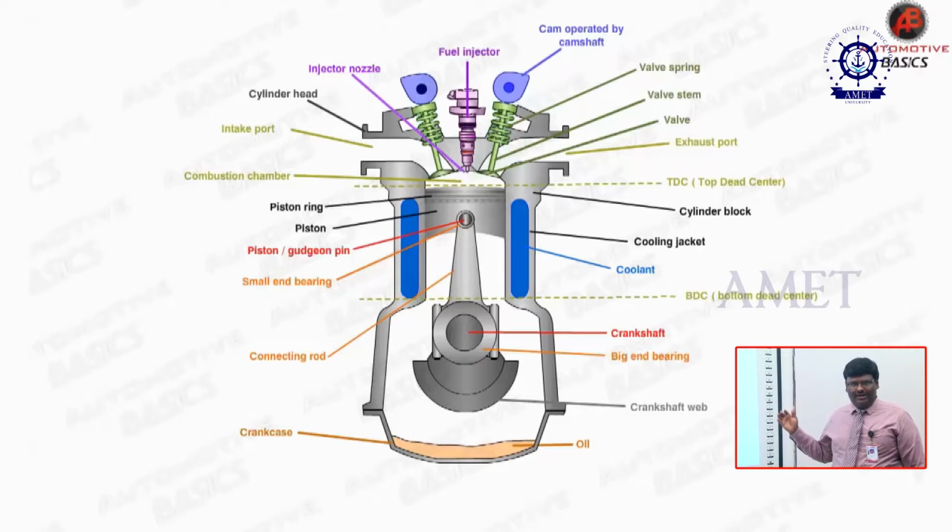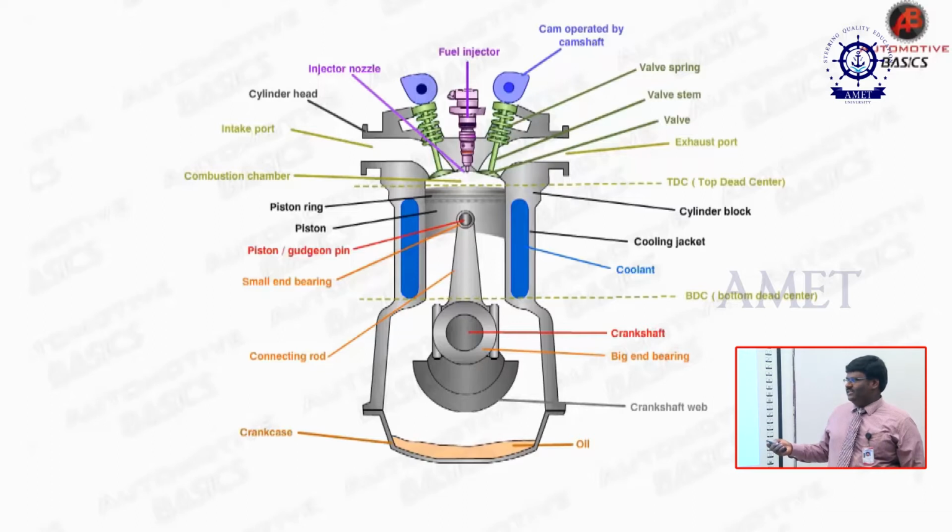the piston and the larger end of the connecting rod is connected to the crankshaft, and you can see top dead center and bottom dead center. The volume between top dead center and bottom dead center is the stroke volume, and the volume between the piston head and cylinder head when the piston is at top dead center is the clearance volume. We get the total cylinder volume by adding stroke volume and clearance volume. The clearance volume is the combustion chamber of an engine. When combustion is taking place, the compression ring seals the products of combustion within the combustion chamber or clearance volume.